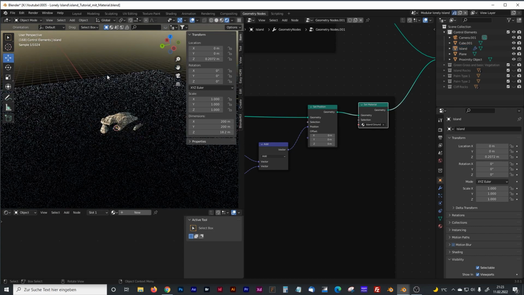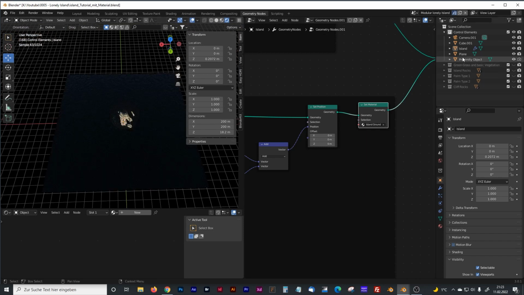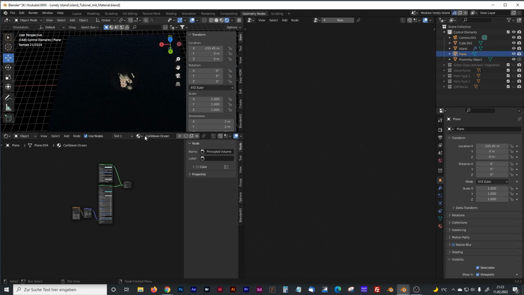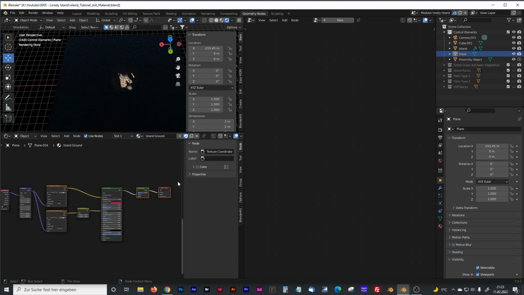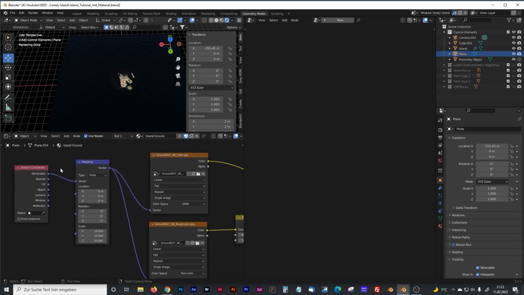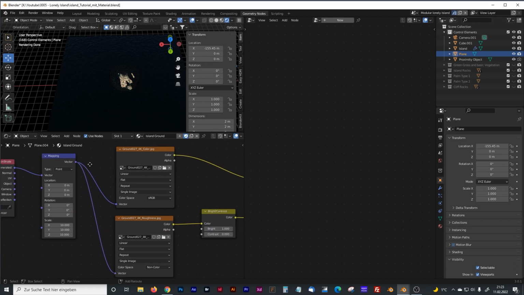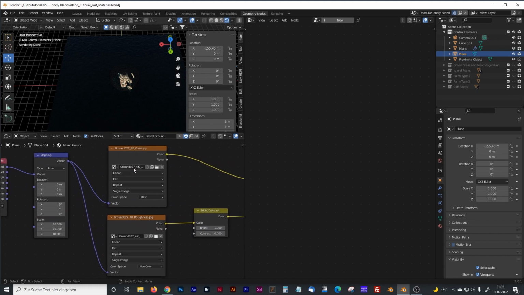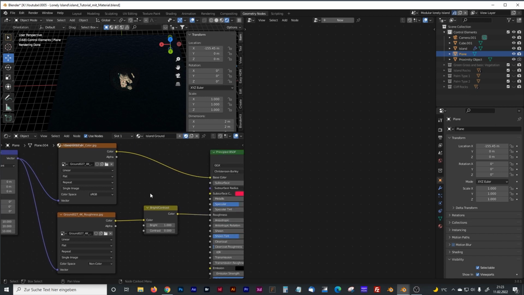Let's jump into the material and have a look at it. Where's my plane? There it is. Ground, island, ground. It's not too complicated. Again, a texture coordinate node with a mapping and two pictures, which I downloaded, I think, from Ambient CG, some of these websites where you can get free materials, free textures. I added a bright contrast to the roughness channel,